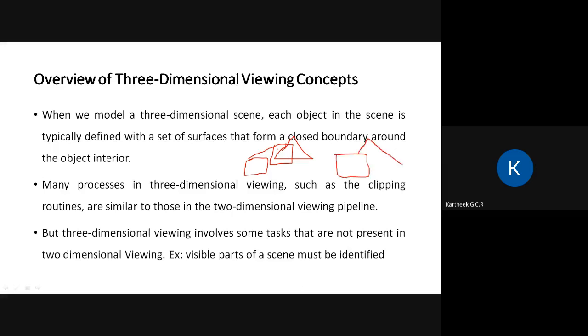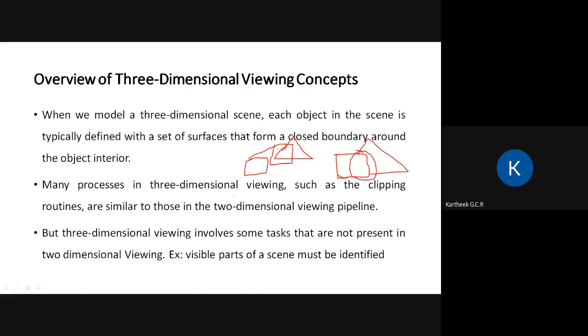You should not render the hidden part of the triangle. You should hide it, or determine what portion in this area is visible surface and what portion is not. They are basically overlapping, and that you will have to look at.